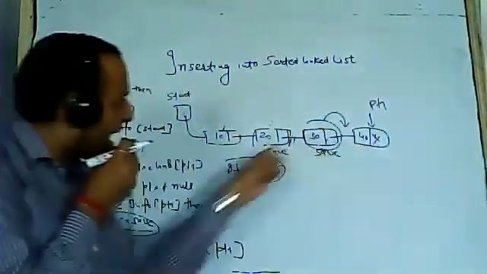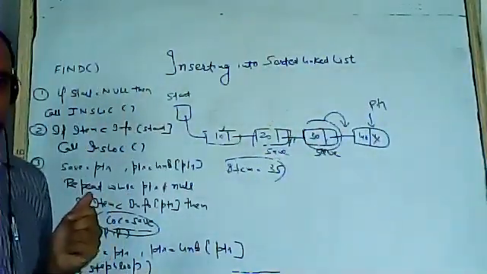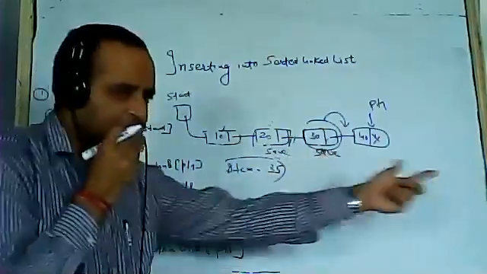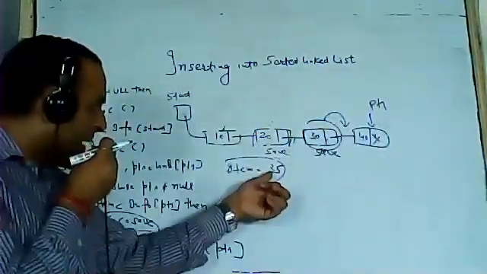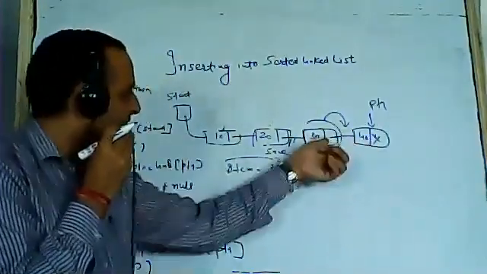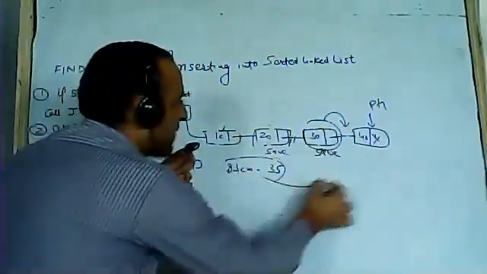We cannot come back. हमारे पास हमेशा नोड का अगले नोड का एड्रेस है. So I did what? Pointer moved ahead, save kept moving behind it. And the moment item was less than info, that means save is my location where I need to insert the item. 35 will be inserted after save.